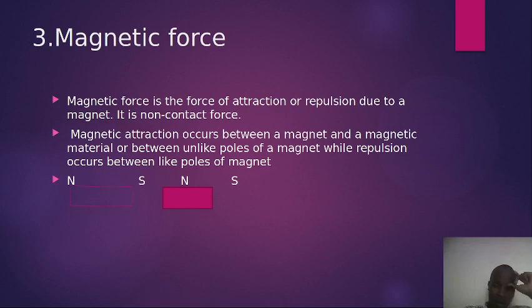That's one of the cases where magnetic force applies. Another case is between unlike poles of a magnet, while repulsion occurs between the like poles of the magnet. We can say that a magnet works on a particular principle whereby unlike poles attract, but like poles repel. For instance, in our case here we can see N and S, N which stands for north, and S which stands for south. North and south will automatically attract each other. But south and south repel each other since they are the